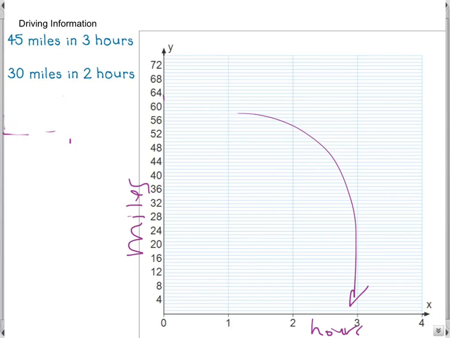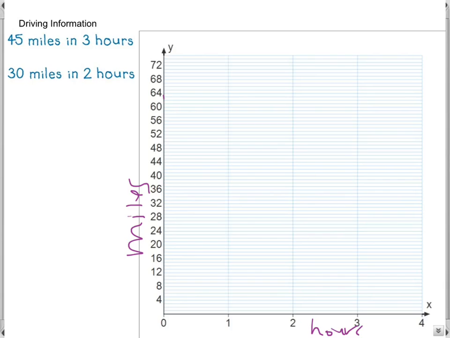Okay, so I always fill in those blanks in the sentence in my head so that I can know which one goes on the x and which one goes on the y. Here it was easier to see because the units on the x and y were already sort of filled out. But if for 3 hours you drive